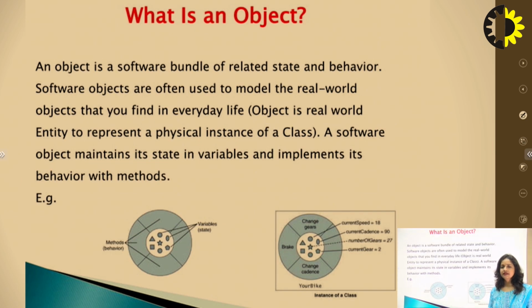Now next, after class, what is an object? An object is a real-world entity that represents the physical instance of a class. We can say an object is an entity which can invoke a class. By using the concept of an object, we can access a method or a variable which belongs to a particular class. Now how can we do that? How can we create an object?